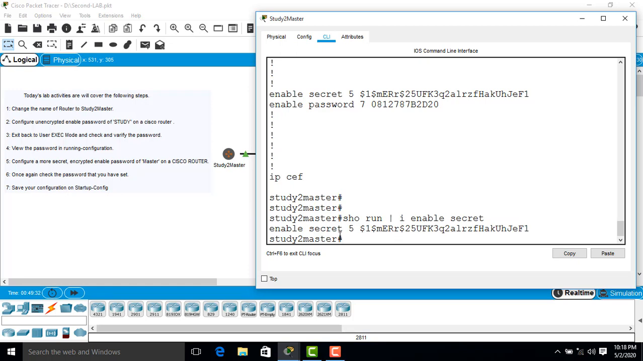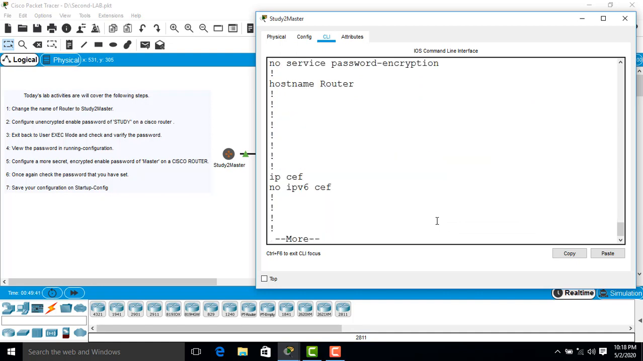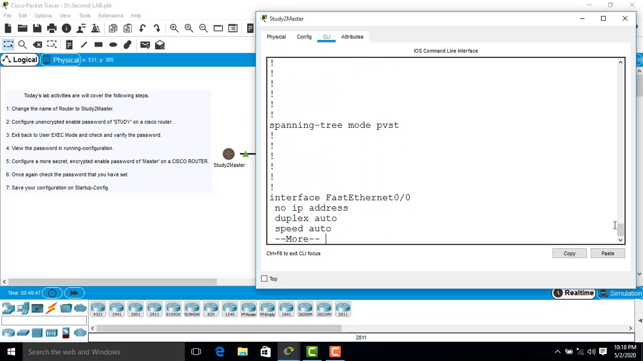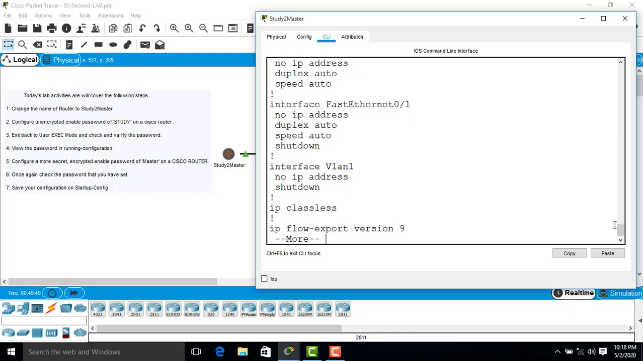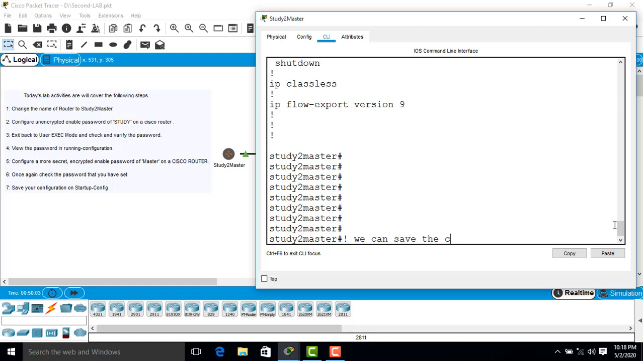Now let's save this configuration. If we check show startup-config, there is nothing, because we didn't save the configuration from RAM to NVRAM. No issue. Let's save the configuration from RAM to NVRAM. We can save the configuration